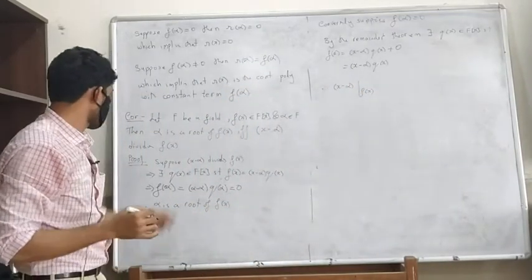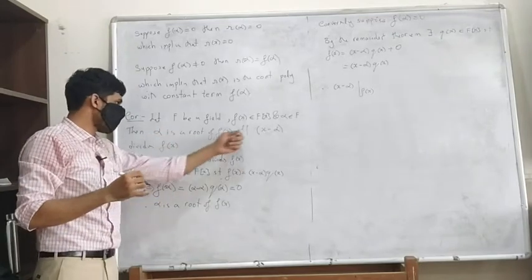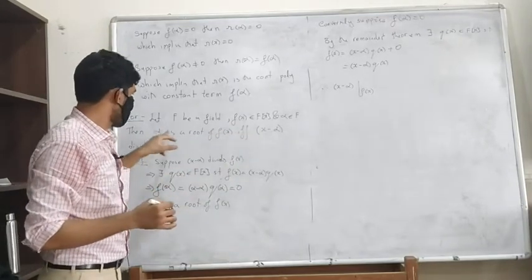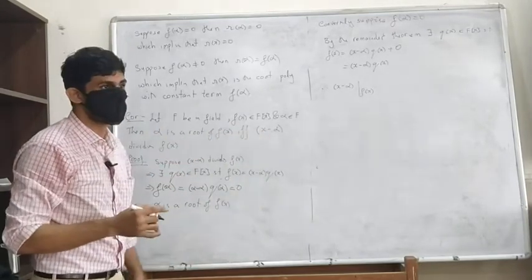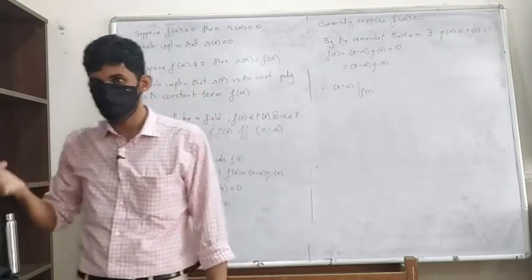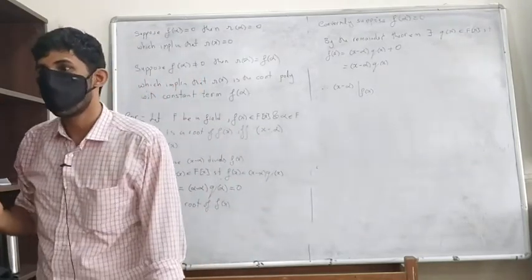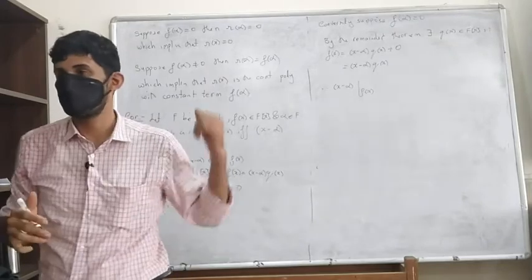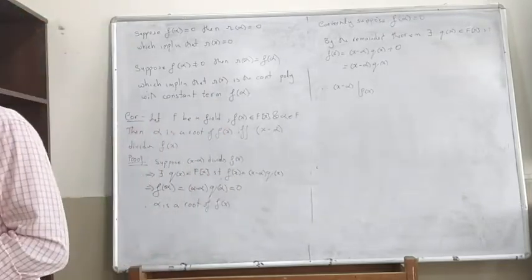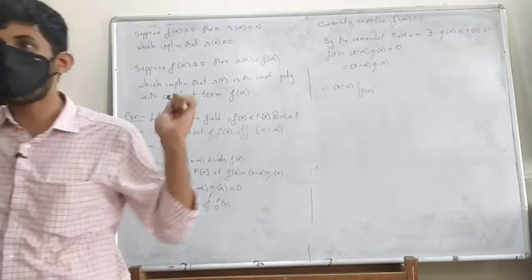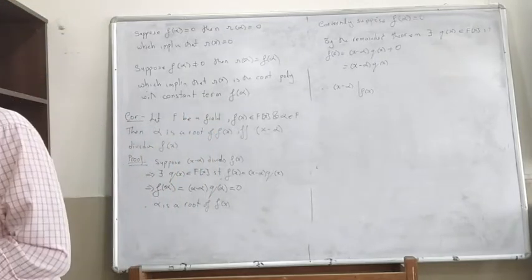Okay. So there is a relation between the root and the factor: this is a root if and only if x minus alpha is a factor. You will have proved this, I suppose, in R and C. These kinds of things were proved in R and C. You need the division algorithm to prove such things.